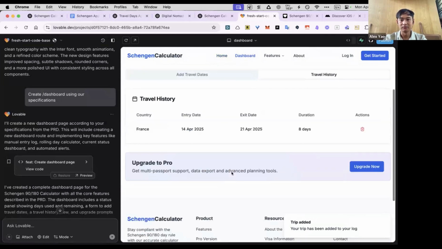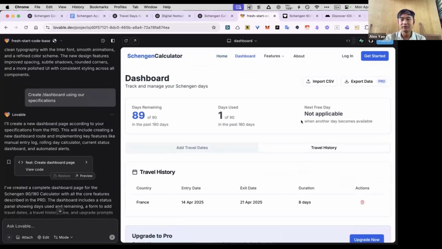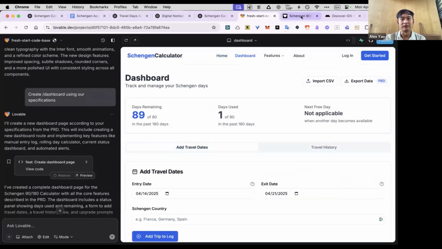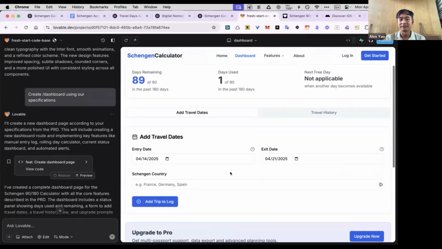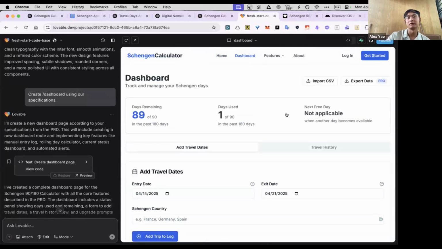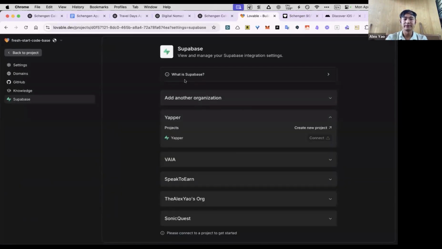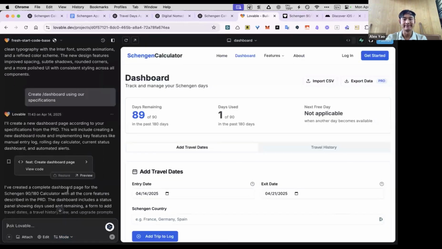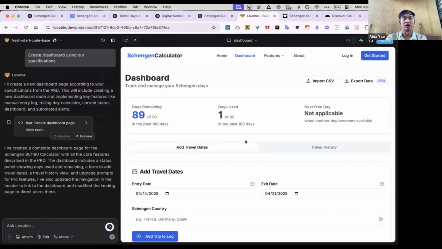So we can actually see the travel history here as well. This is an even better version than the other landing page that I designed. And the way you would implement login, you would connect a service like Supabase. You can connect a project or organization. And once you've connected it, you can just ask Lovable to implement the login and the sign up, and just follow